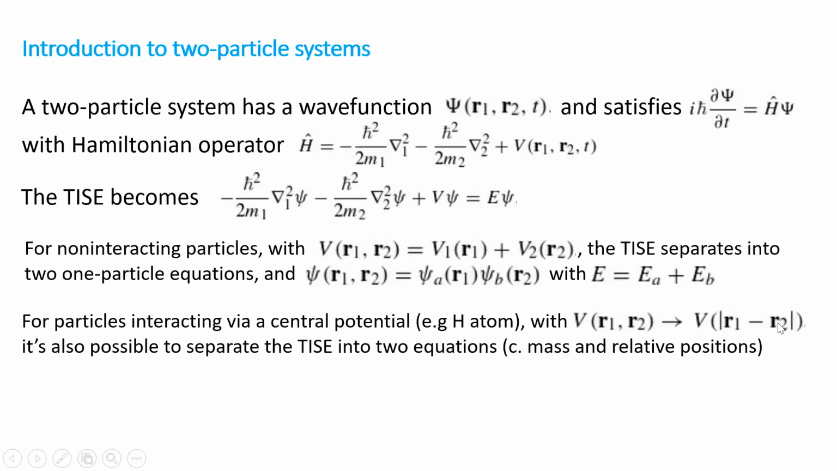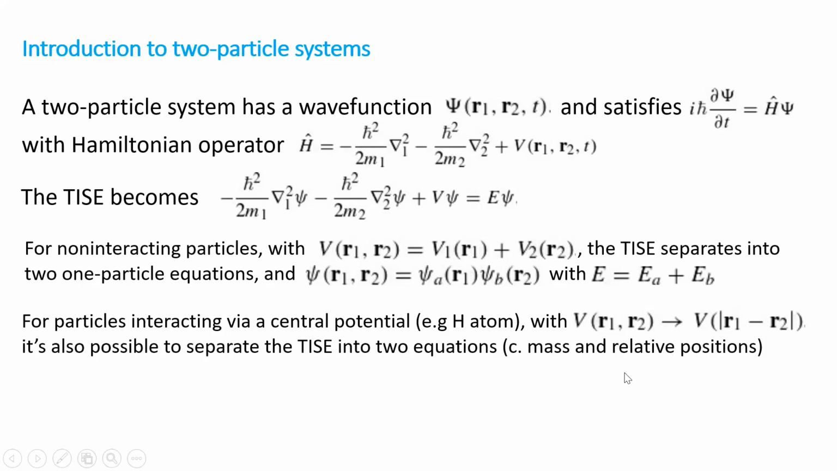So, or the vector connecting R1 and R2. So the distance between the electron and the proton, say. And in this case, it's also possible to separate the TISE into two equations. The two equations turn out to be the center of mass, which is the center of mass of the hydrogen atom, which turns out to work as a free particle. So the hydrogen atom can move about freely. And then the other equation has to do with the relative position of the electron and the proton. And that's the one that has the energy levels and the bound states that we saw when we did the